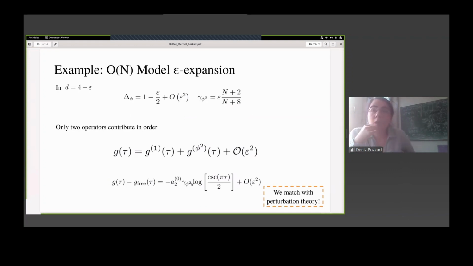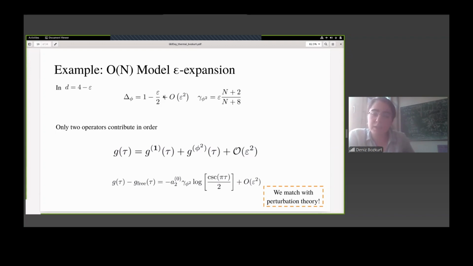In the O(N) example in 4 minus epsilon dimensions, the scaling dimension of phi is given here. And we also know the anomalous dimension that comes to the phi squared operator at order epsilon. So then we make use of these